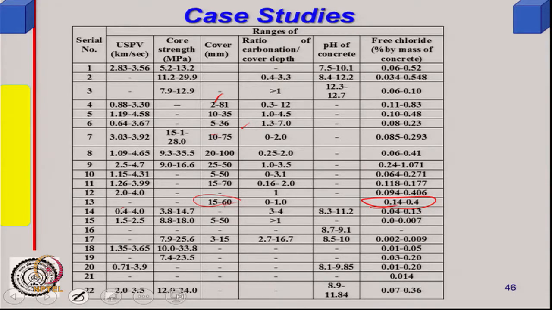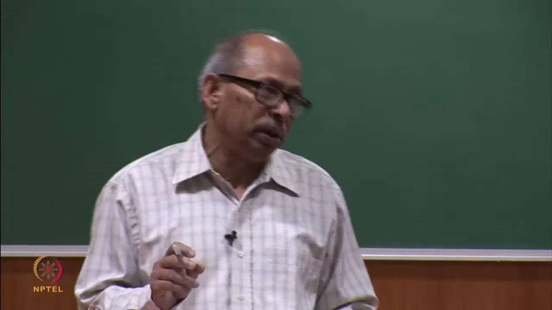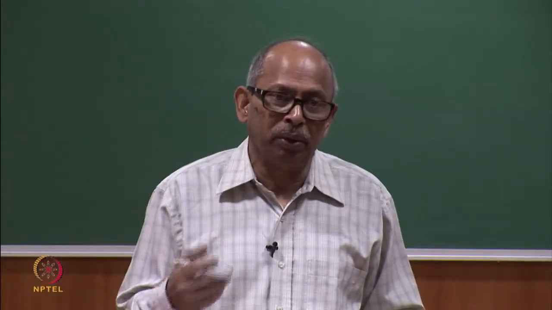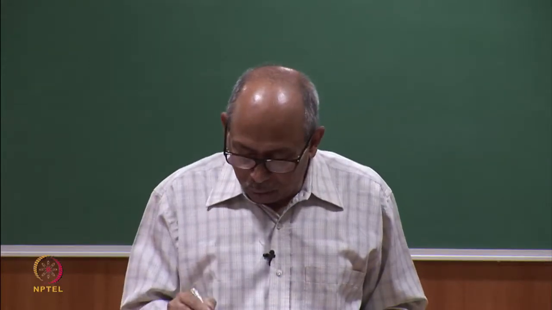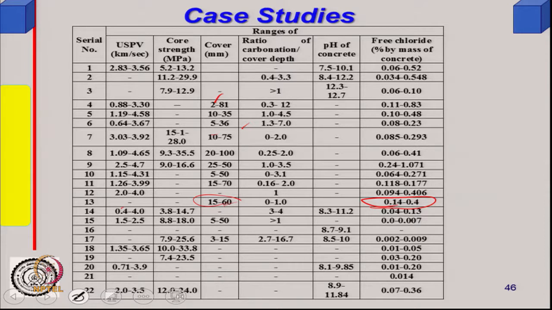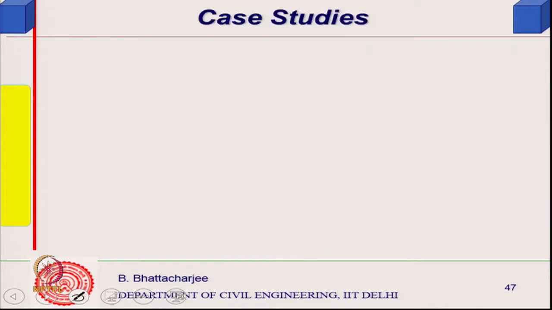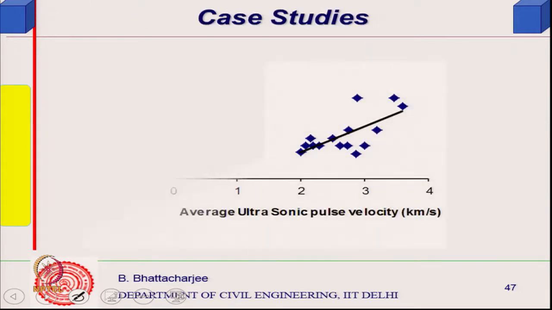There are other ways people talk, in terms of percentage mass of cement, but then you have to find out what the cement content is. In an old concrete, it is difficult to find out the cement content, so it is much better to express it in percentage of concrete. This is one thing that was found. Then the pH of the concrete was looked into. In some cases pH was low, but since this is in northern India, the majority actually showed chloride. This chloride would have come from the ingredients, because there is no seashore. So some correlation was obtained.